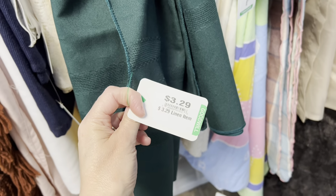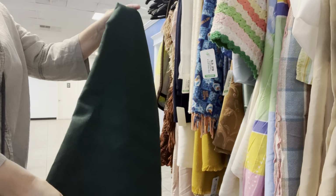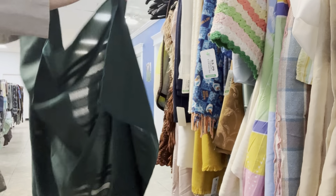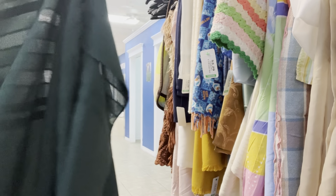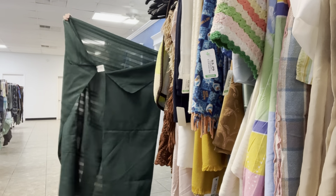I thought that this beautiful tablecloth here would look amazing at Christmas time, but y'all know me, I'm going to take it off of that hanger and open it all up, make sure there's no very bad stains that I probably can't wash out, or any rips or tears or anything like that. And I think that this would be perfect around Christmas time because I love to use that very dark green color. You could, of course, use this as a tablecloth or drape it over a chair or the end of